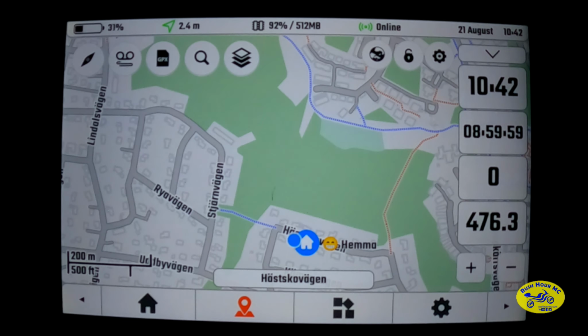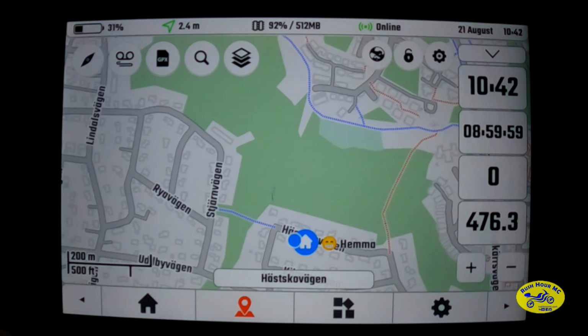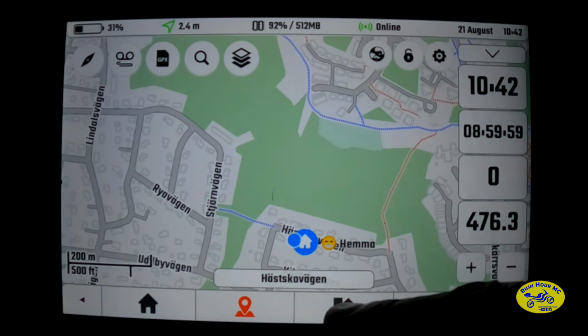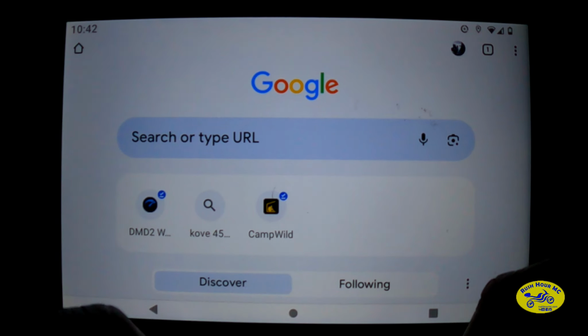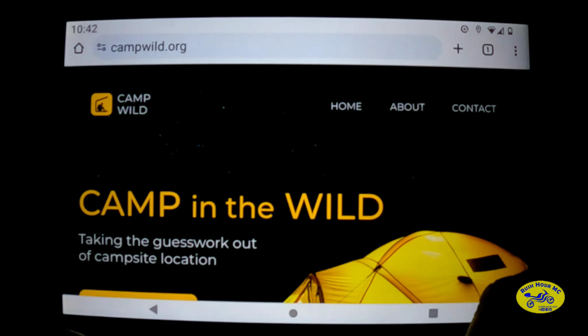Okay, I would like to show you how I do when I want to go some gravel riding and want a nice route. I don't have it planned, I just want to fix this the easiest way. So the way I do usually when I go camping, I go to campwild.org. In campwild.org